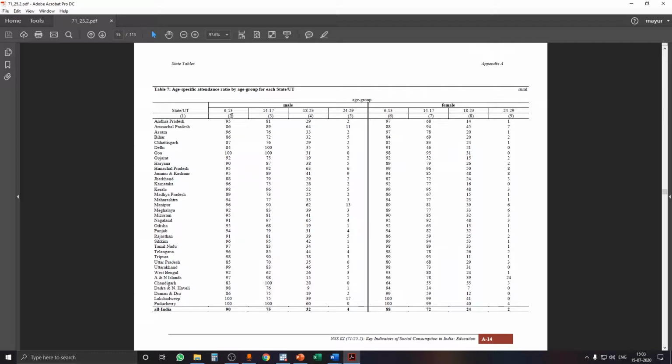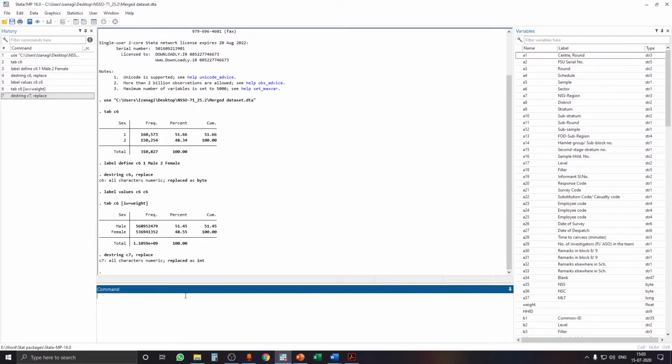So from 6 to 13 we have to assign a particular value to it, then 14 to 17, 18 to 23, and 24 to 29. So for that we have to recode the age group. So we will use recode C7, the variable name, and then 6 to 13 equal to 1 bracket closed, then 14 to 17 equal to 2,